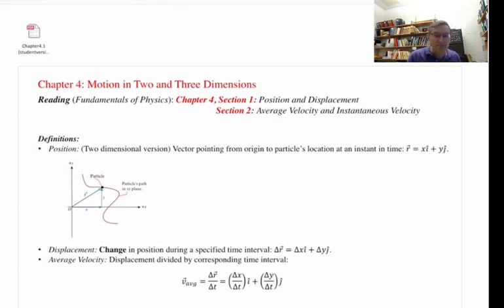Okay, let's get started. We're just going to remind you of some definitions from Chapter 2, starting with position. Now let me start by working in just 2 spatial dimensions. So now we're going to imagine an object is moving around on a flat 2-dimensional surface, and we're going to use an XY coordinate system to describe the motion. So we're going to start with position, 2-dimensional version,